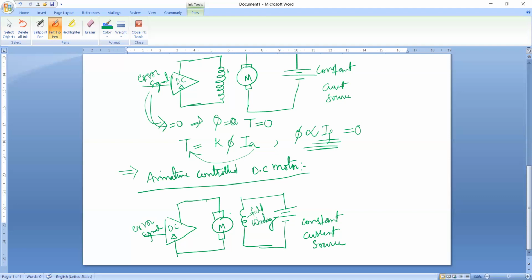The next one is the tacho generator. A tacho generator is one which generates